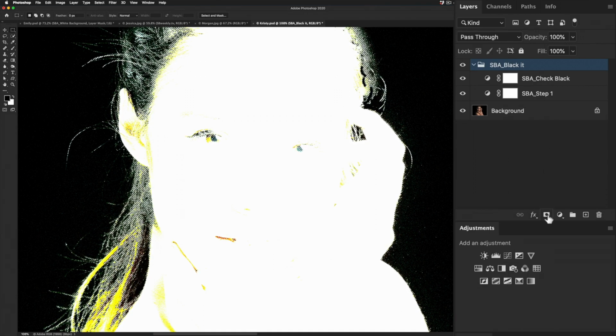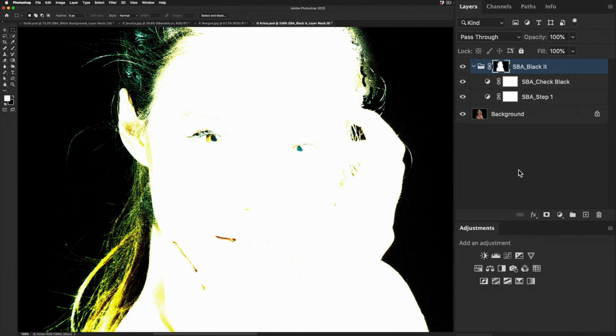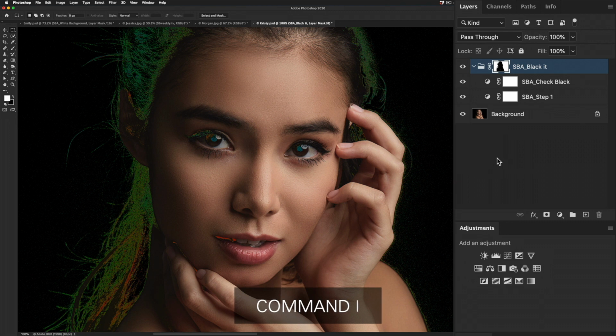Now the moment we hit that mask icon, we have to invert that mask afterwards. When you look at it right now, the bright areas are selected, the black areas are not selected. Well, we want the black areas to be affected and not the actual photo. So when we create that mask, it will look different than what we expect. So what we now have to do is we have to click on the layer mask itself, hit Command I,